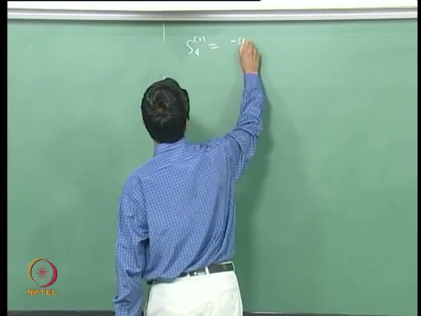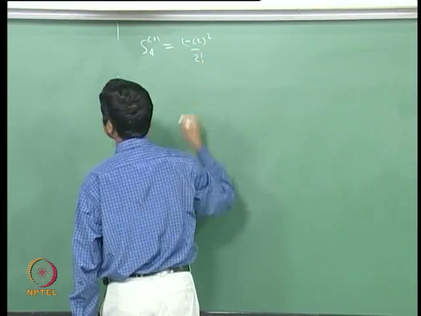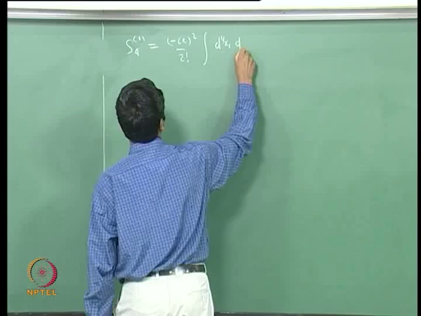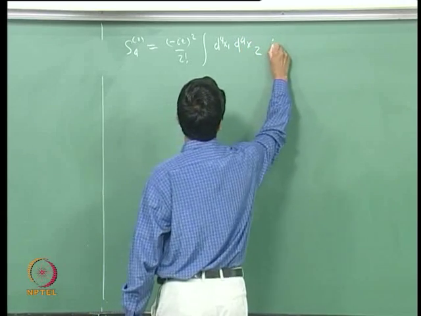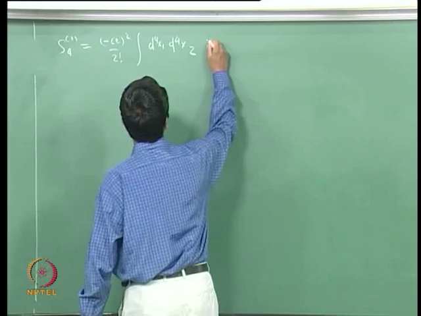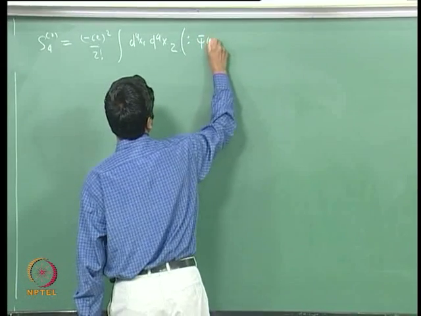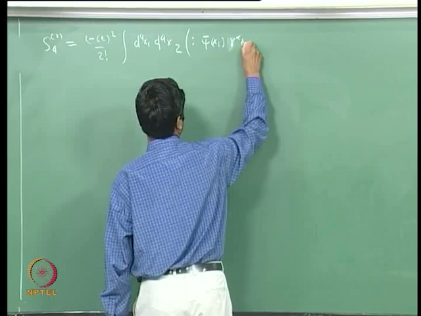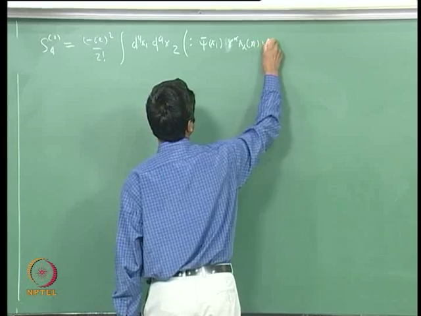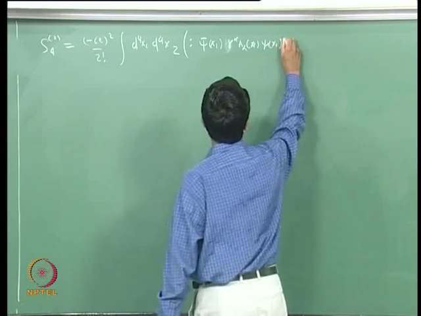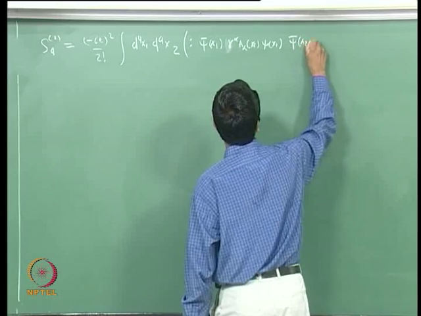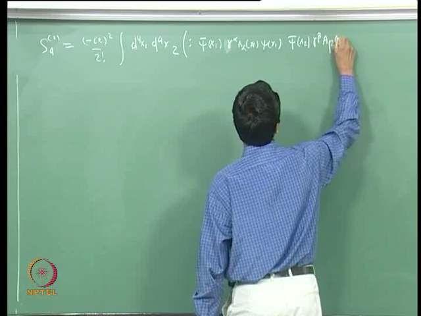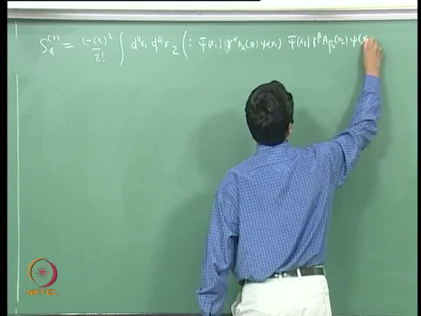Therefore, this is minus i e squared over 2 factorial d4x1 d4x2 normal ordered product of psi bar x1 gamma alpha A alpha x1 psi x1 psi bar x2 gamma beta A beta psi of x2,